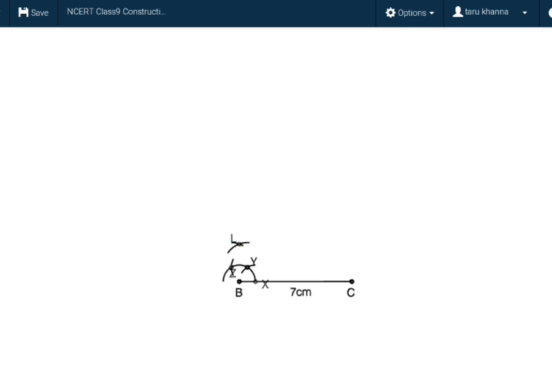we will keep the needle of the compass at point Y, and the other point being the point of intersection of the line segment, that is LB, and the main arc, that is the point which has been marked as K. So we will draw two arcs from here with a measure more than that taken for the main arc, and join the point of intersection to point B such that we have now that this angle MBC is equal to 75 degree.